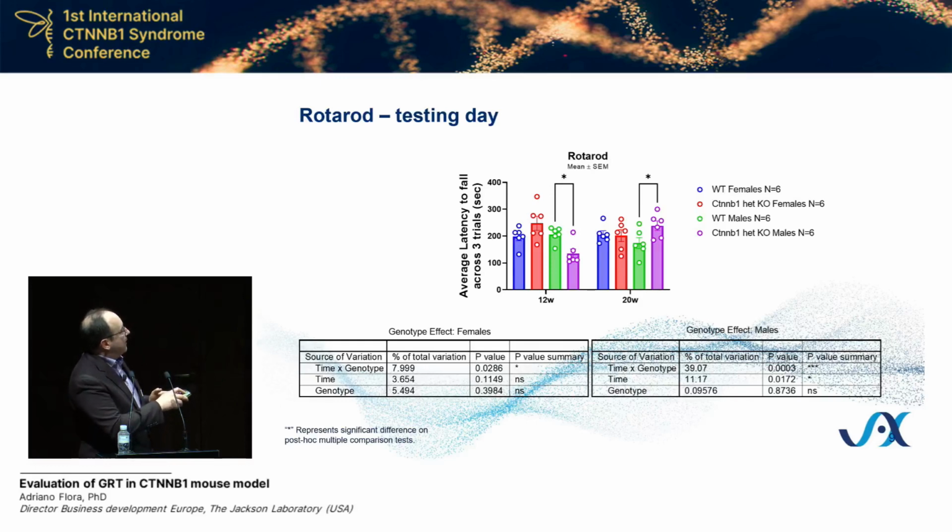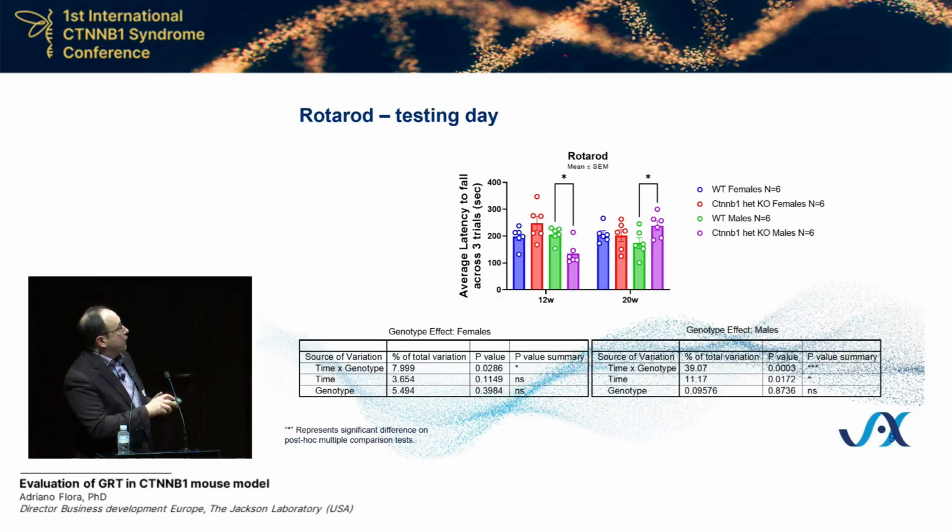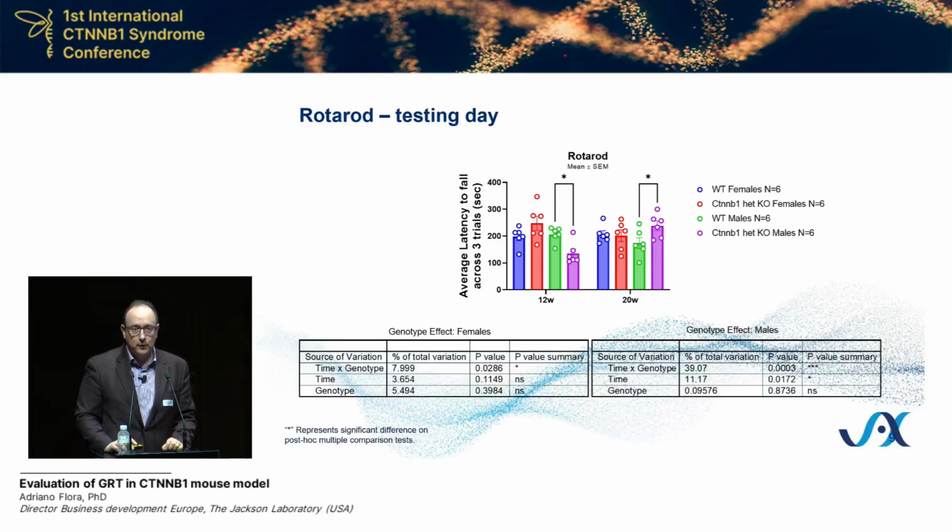In younger mice, we do see a phenotype. We do see lower performance on the rotarod. This is similar to what has been reported with the point mutation. However, at 20 weeks, we do not see this difference anymore. So it seems that the phenotype, at least, is definitely not getting worse, but these mice seem to recover over